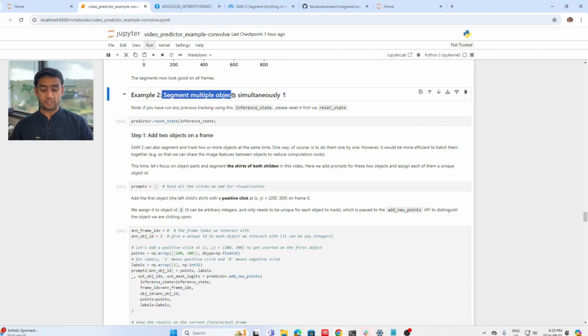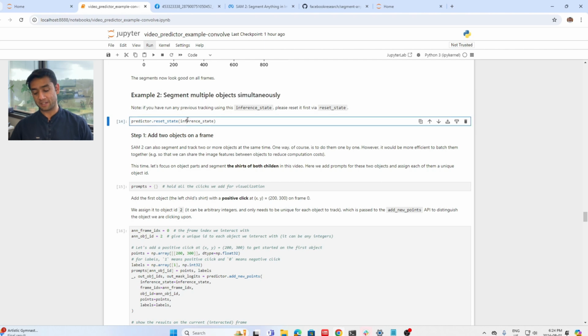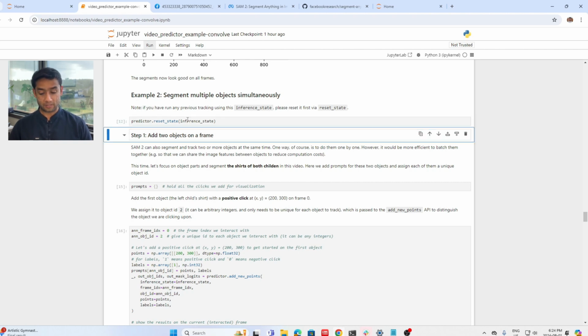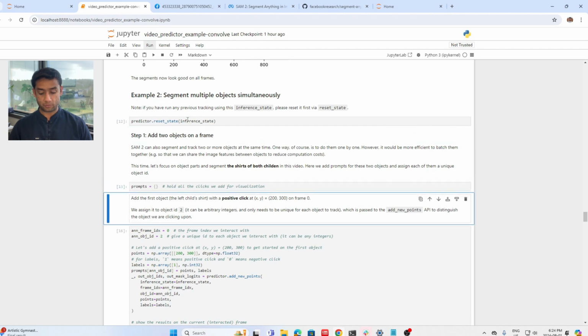Now, if we want to segment multiple things simultaneously, the first thing is to reset the predictor that you have used so far, because otherwise you'll have the memory for tracking that boy, but now maybe you want to track the boy and the girl, or they're close. So let's see what we do here. We do the resetting, and then we have to create the prompts, right? So here for the prompts,